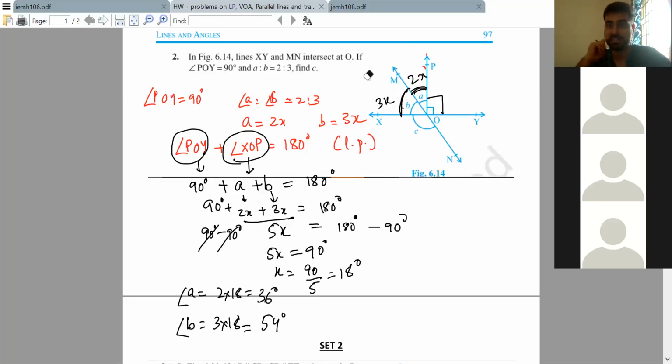No, it's not divided into 2 parts actually. It's divided into 5 parts, Vaishnavi, okay? Out of these 5 parts, 2 parts are taken together and 3 parts are taken together here.